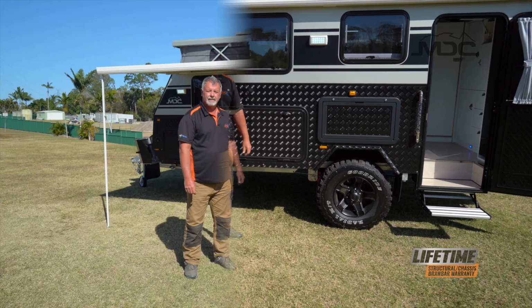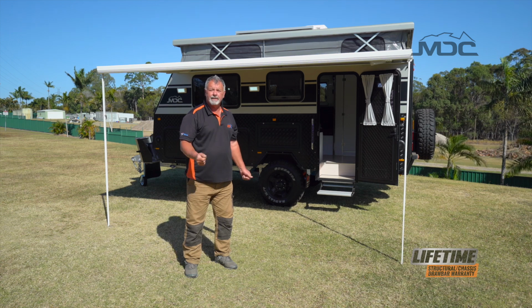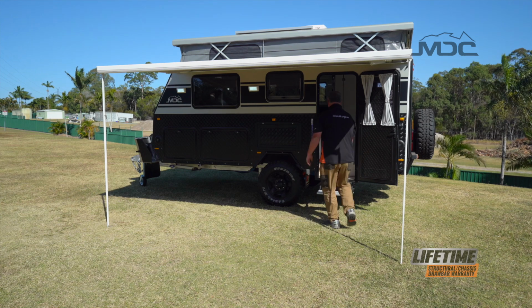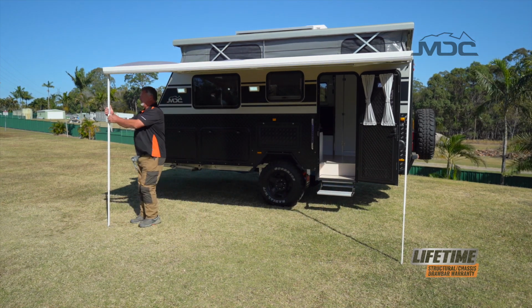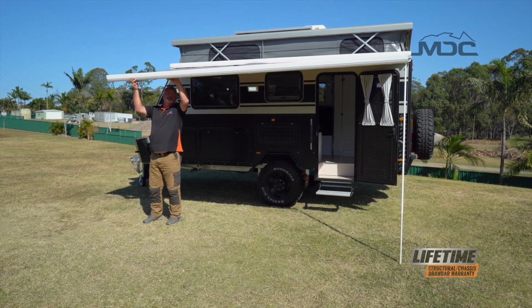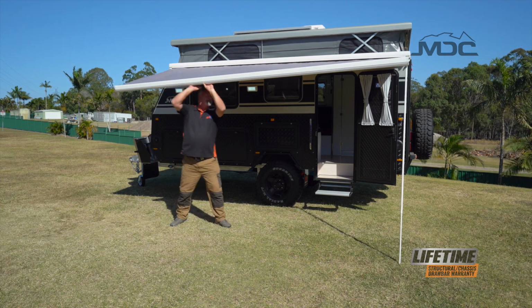Kitchen's packed. Packing up the awning is easy, simply the reverse of setting it up. Flick the switch and pack the legs away. Fold the legs up, push the hinge in, lock the leg in,